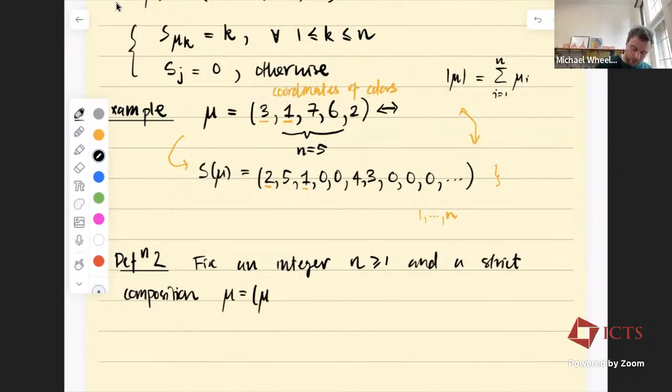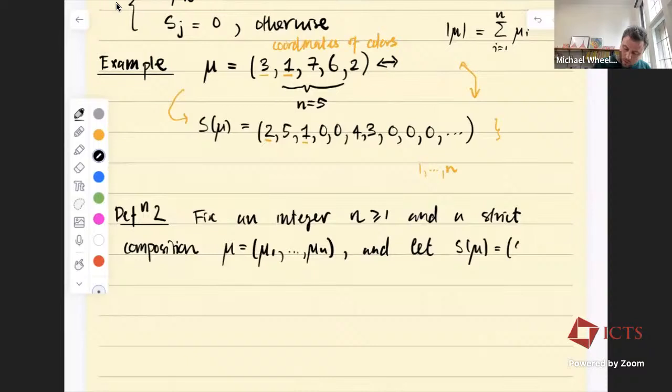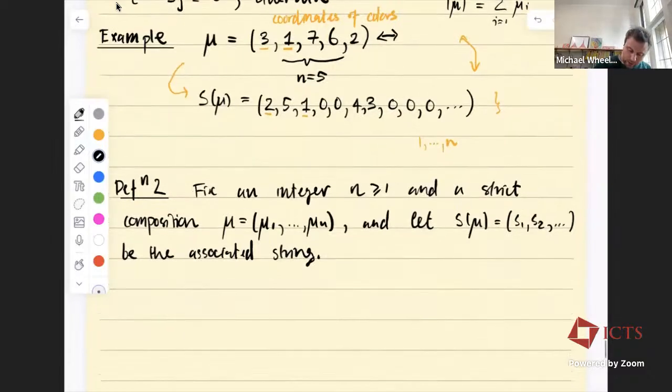Mu, which is mu1 up to mu n. And let S mu be the associated string. Okay, so with all of that, we then define